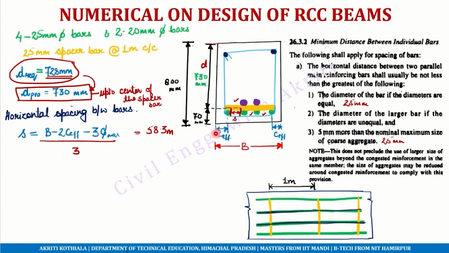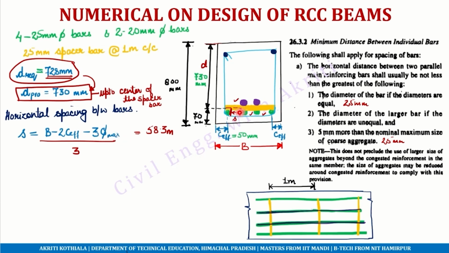So we can keep the effective cover in this direction equal to 50 mm for now, and we do not need to change that because the width has not been changed, and it will not cause a problem here. So again, B is the width of the beam. We subtract two effective covers from each side, and the number of bars left are 1, 2, half of this bar and half of this bar. So 3,